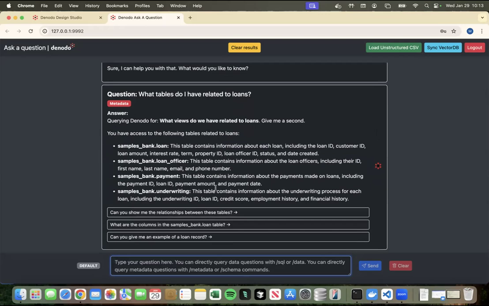Another thing I want to point out from this part is the querying, this part over here, which says querying the Denodo 4. That is the specific query that is being sent to the AI SDK, which is good to know because if you want to replicate the results you get in the front end through the API directly, that would be the query you'd have to input.